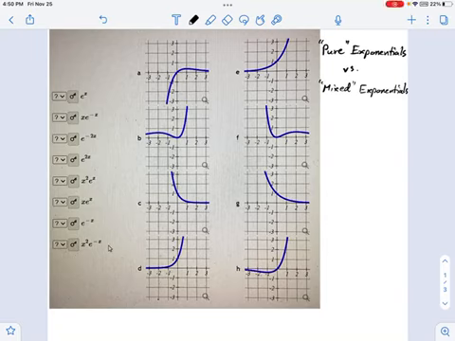We have not talked much about mixed exponentials, and by that I mean some exponential function times some other function, like x times e to the negative x. We're not going to spend a whole lot of time on these, but I think it's useful to talk about these graphs briefly so you can see what the key features and characteristics of exponentials are versus polynomial functions that we're more used to.